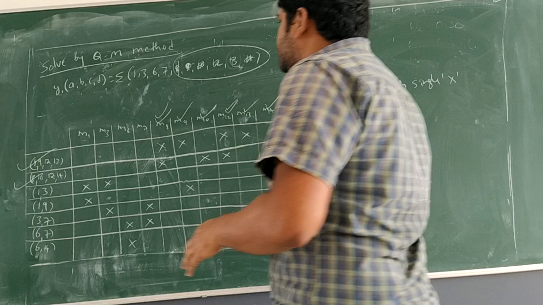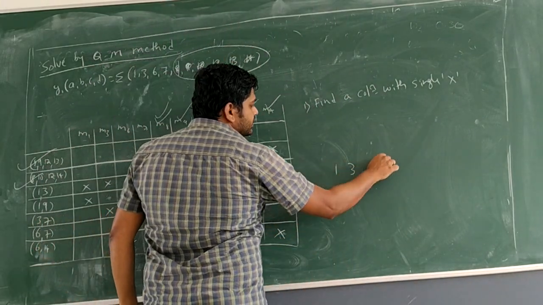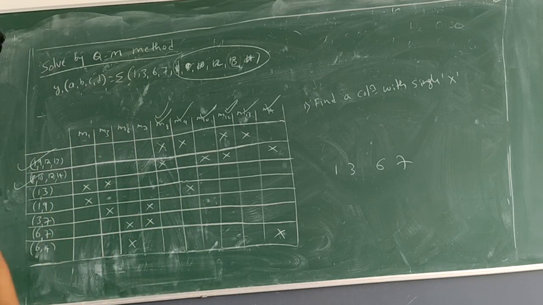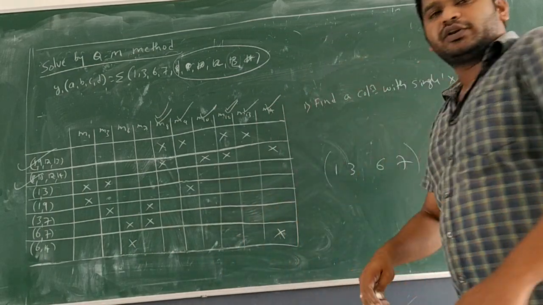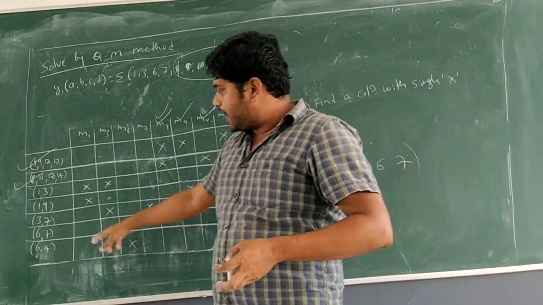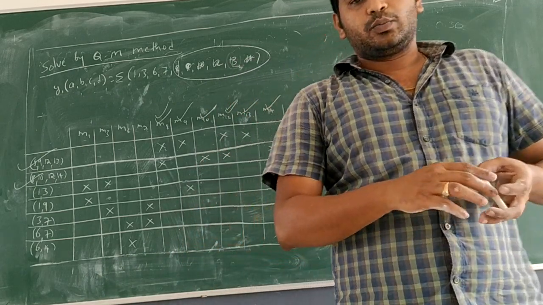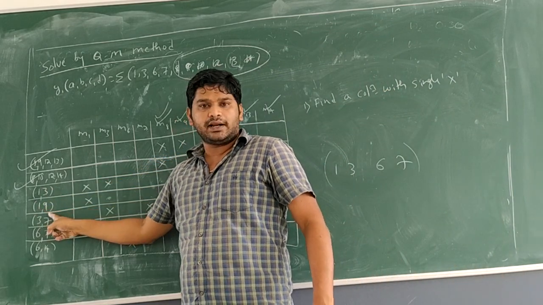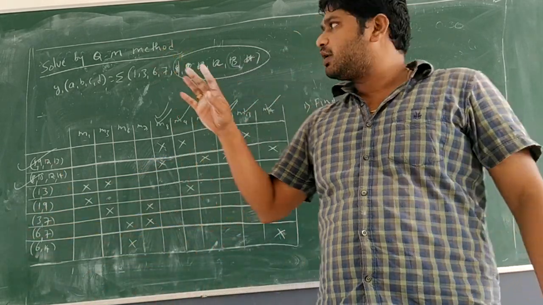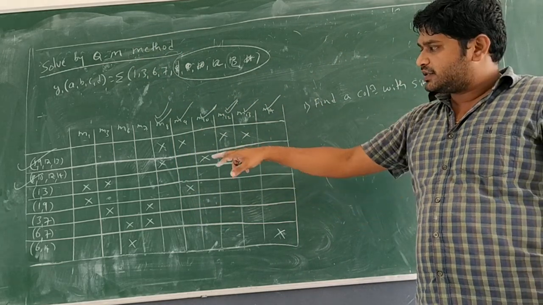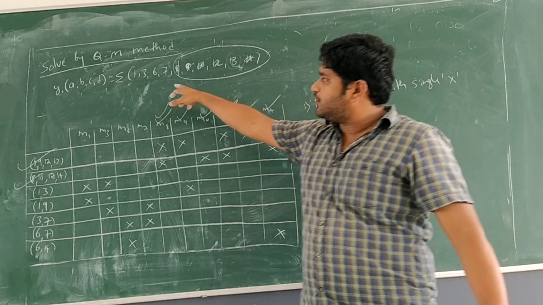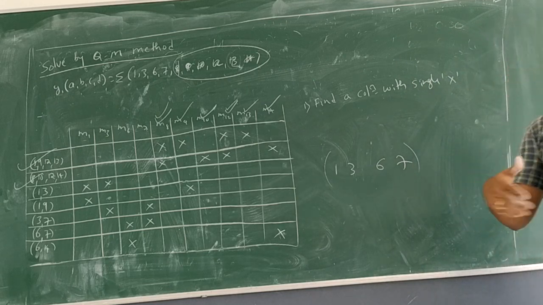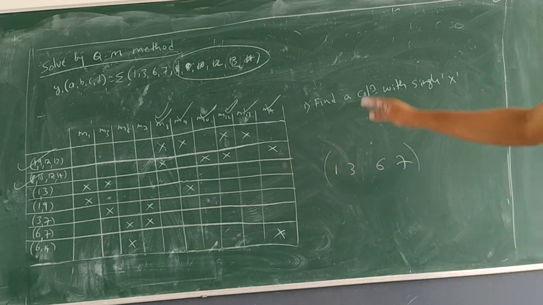Now what do you have to think? What do you need? 1, 3, 6, 7. 4 more. How do we get that? Do we have all 4 in a single bag? No, because the next bags are all groups of 2. See, what are the possibilities there? 1 3, 1 9. 9 we already have with us. Next 3 7, it is one possibility. 6 7 is also one possibility because we don't have it. What is last? 6 14. We already have 14.